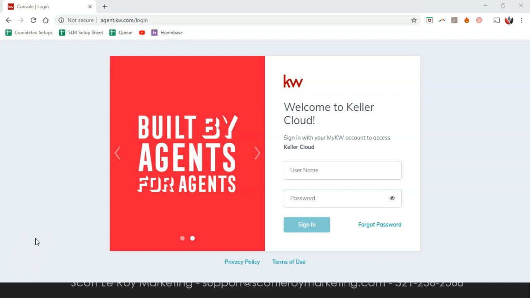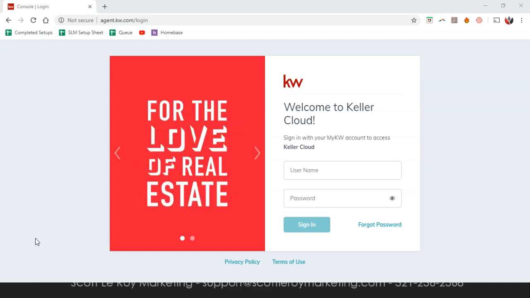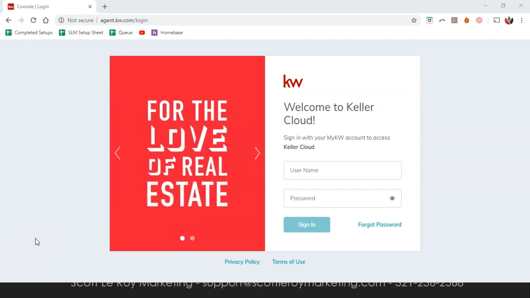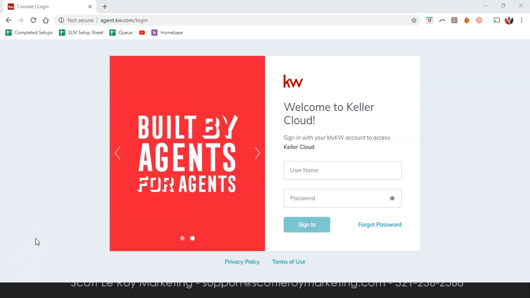All right, but this is actually going to cover as much as possible of the KW Command platform, where to locate everything, and really to give you a huge overview on how you can utilize the entire platform and access everything. So the first thing we want to do, just getting back to the basics, is access the Command platform. In order to do that, what you'll want to do is go to